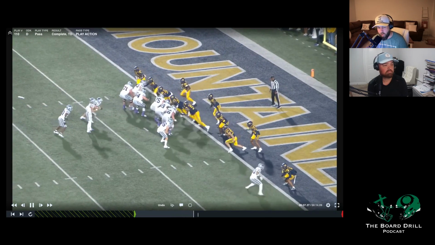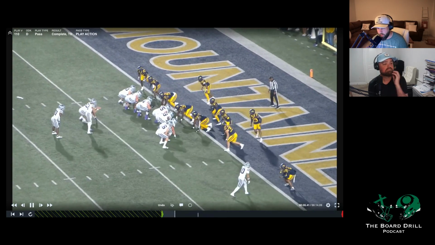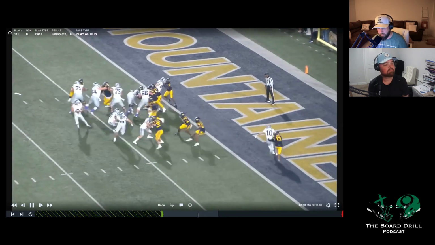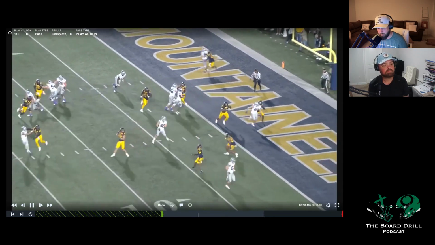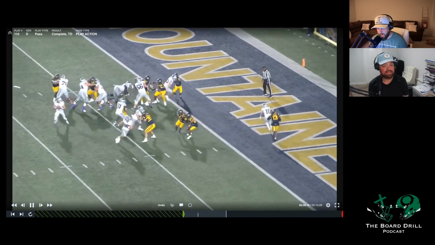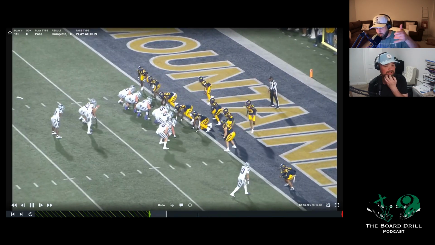Okay, so similar play this time. All right, we saw it earlier. It was kind of that goal line, right? Fullback to the flat. This time we're going to see the exact same style thing, except he's just going to hit the tight end this time. Same play. Same idea. It's flipped, same idea, right? Except